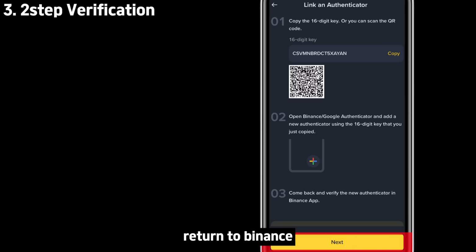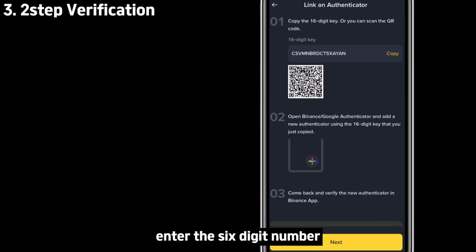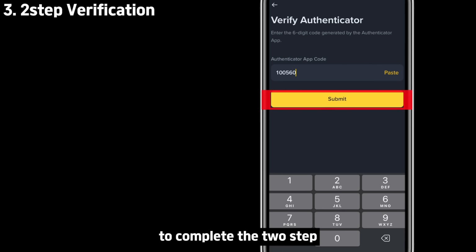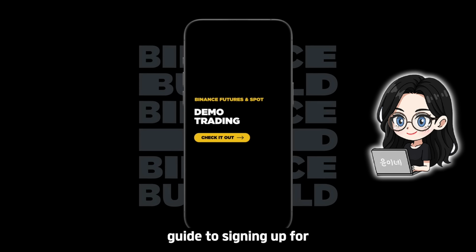Return to Binance and click Next at the bottom. Enter the 6-digit number and click the Submit button to complete the two-step verification process. This concludes our detailed guide to signing up for Binance via